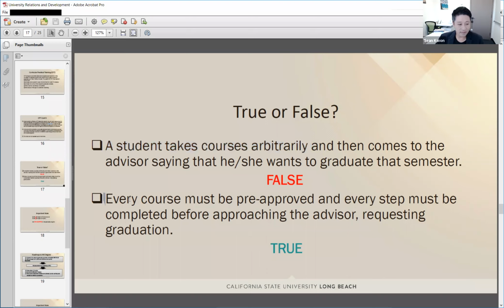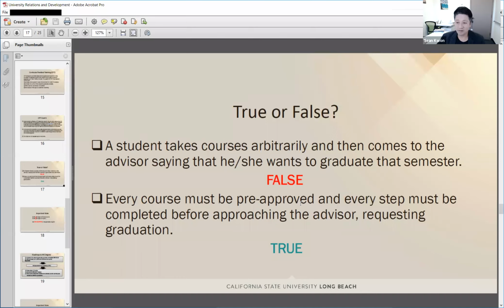Second one: every course must be pre-approved and every step must be completed before approaching the advisor requesting graduation. The answer is yes. There is an ATC, advancement to candidacy. Before that, you need to complete 18 units, and we need to satisfy 5 mandatory classes.